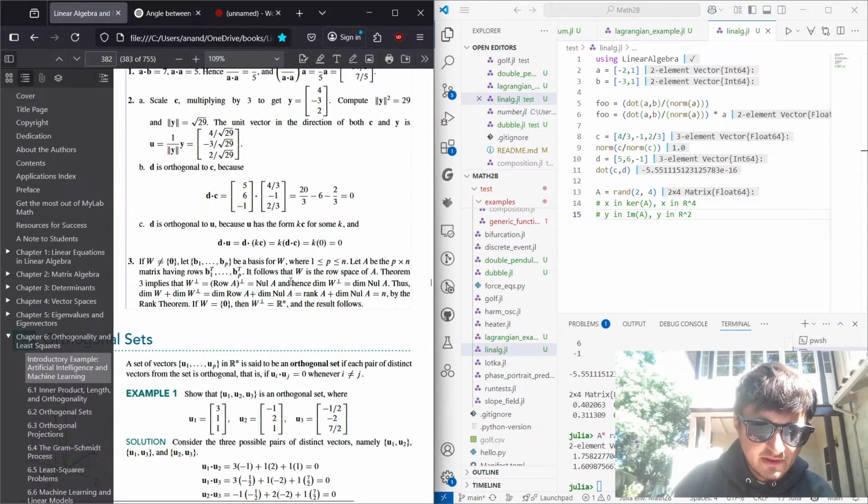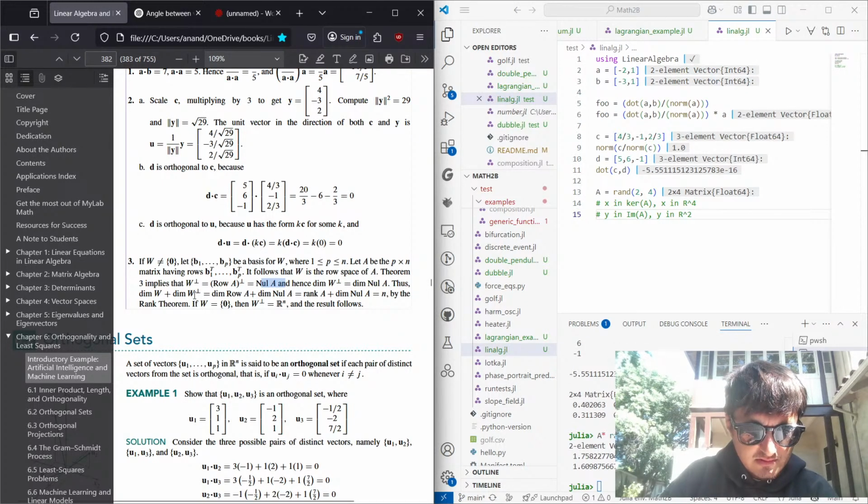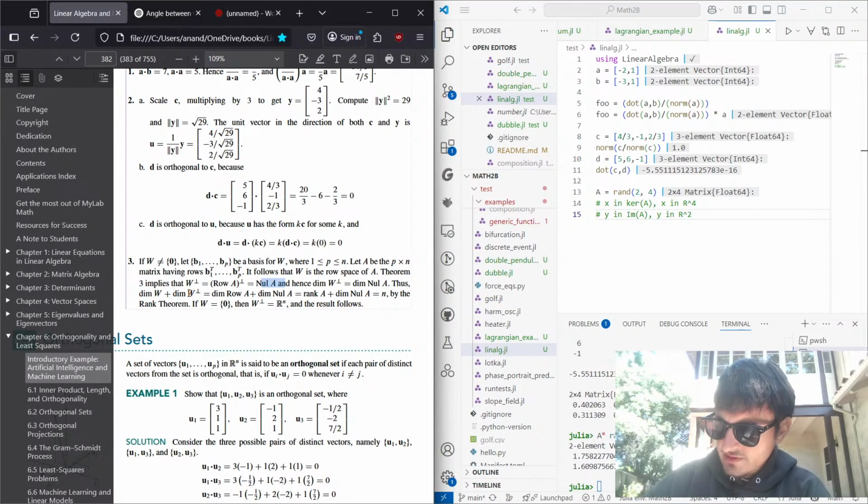Okay, so we're here right now. So dim W perp is equal to dim null A. Thus, dim W plus dim W perp is equal to the